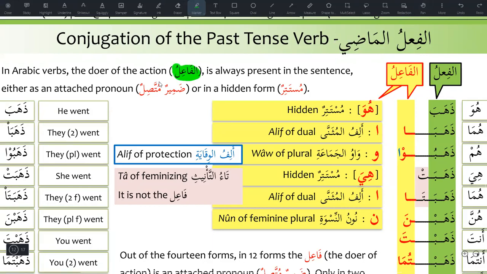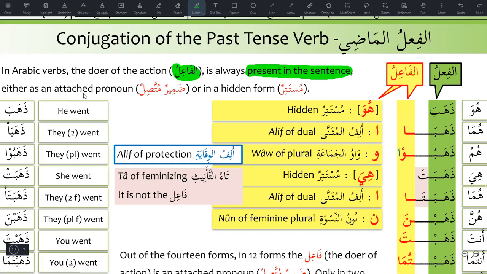Al-fa'ilu, the doer of the action, is always present in the sentence, in a verbal sentence or even in a nominal sentence. So the fa'il, or subject, or doer of the work is always present in the sentence,